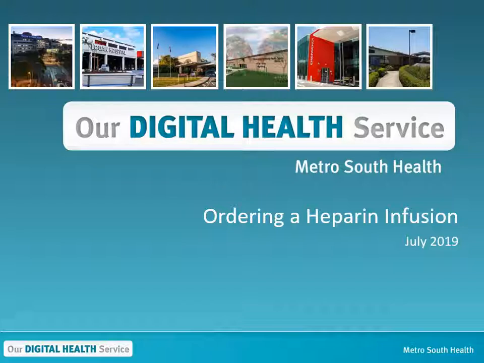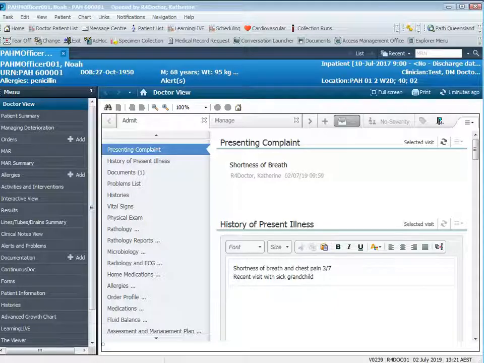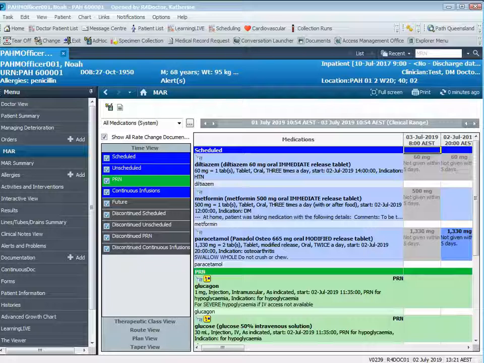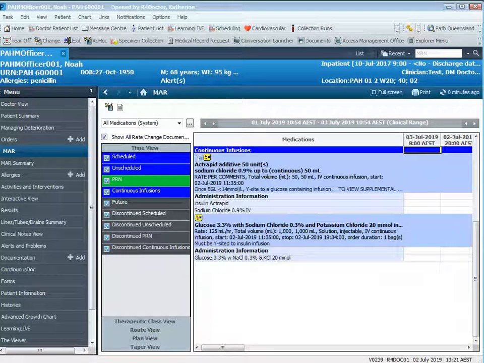This video will demonstrate how to order a heparin infusion. Prior to prescribing any medications, we must always first navigate to the MAR and check the MAR to make sure we don't already have this medication charted. After reviewing the MAR, I can see that I don't have a heparin infusion charted, so I'll go to the